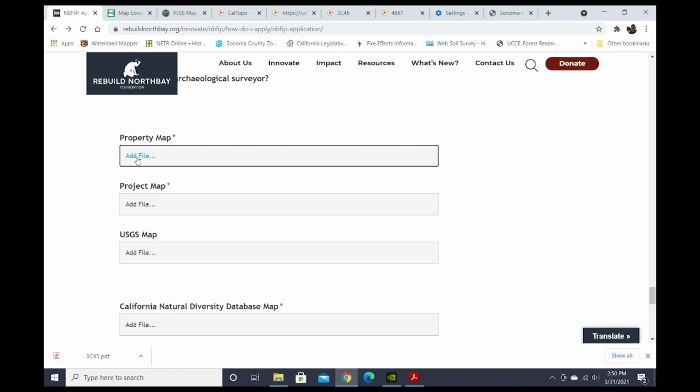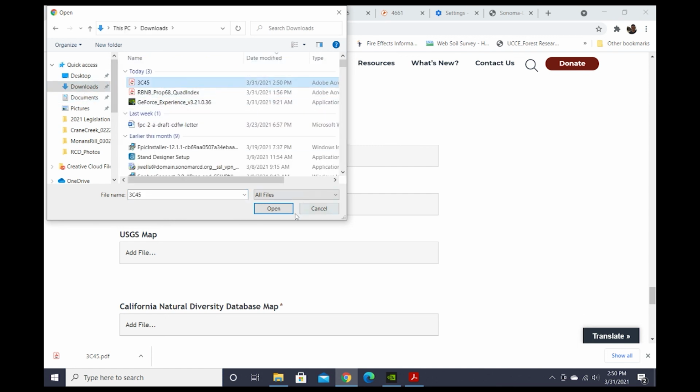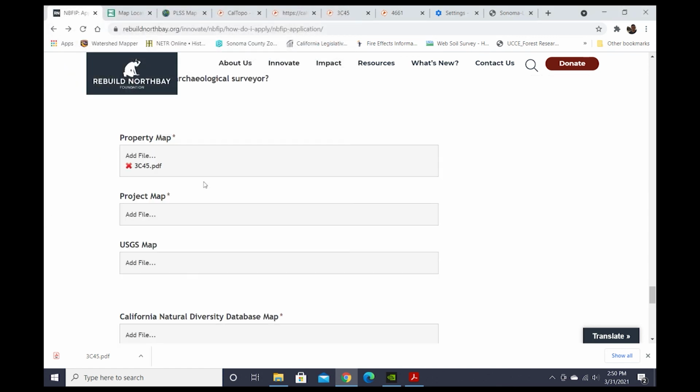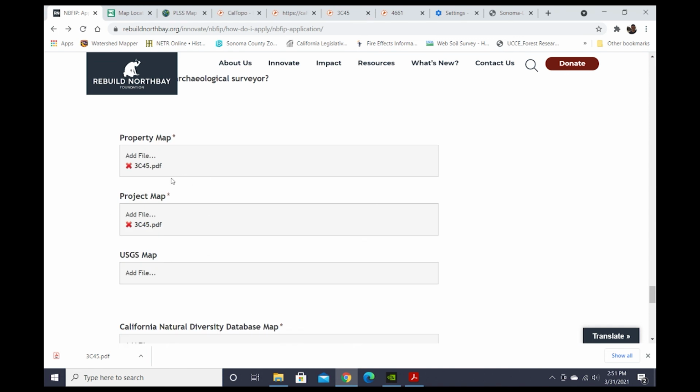So for my property map, I will go to Add File and I will select the map that was generated from CalTopo. This red X here is not bad. What that means is that a file's been uploaded, and if you accidentally loaded the wrong PDF, you would click on this button to remove that particular PDF. But that's fine. So we'll keep that there. I'm just going to double load the same map. If I wanted to,